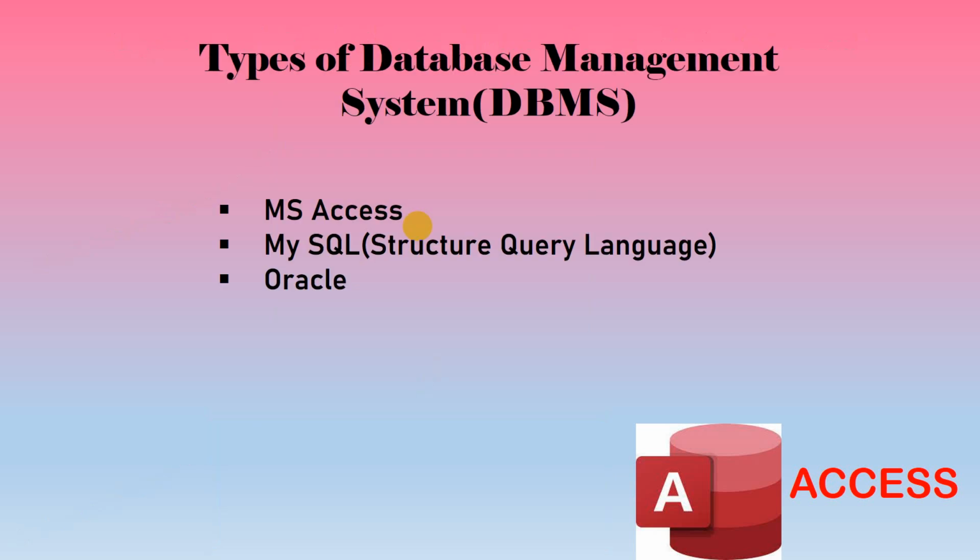What are the types of database? We have MS Access, we have MySQL, which stands for structured query language, and we have Oracle. MS Access is for medium or smaller businesses. But bigger businesses use MySQL or Oracle. And one of the advantages that MySQL and Oracle have over Access database is